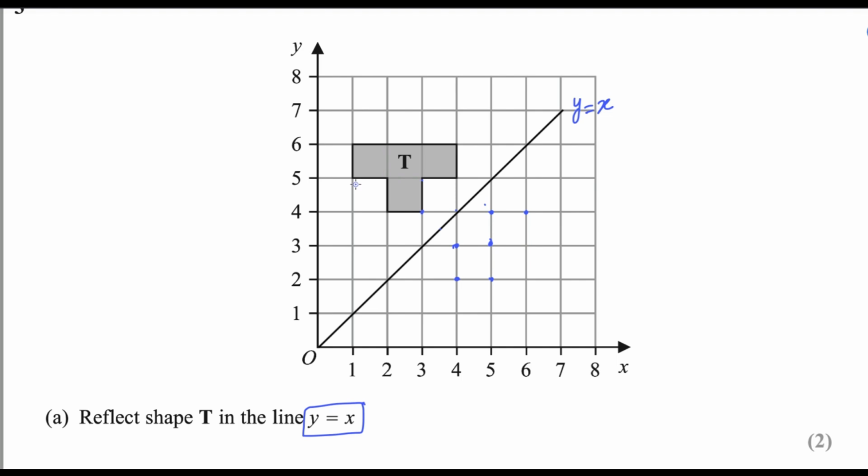Now this point, count the point here from this corner. You have to take the distance from that line. This is 1 unit, then 2 units. So this will be 1 unit and 2 units, comes here. So now the last point, this one is how many units away from the line? 1, 2 and a half. This is half, then 1 and 2. That one comes here. Now the last step, you have to join all these points